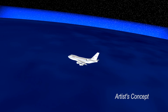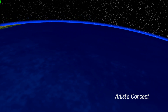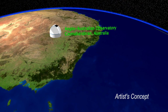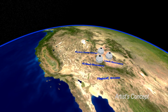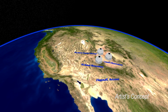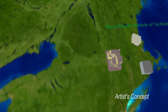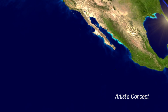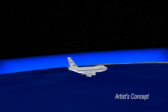On the night of the observation, while SOFIA is in flight, there will be a team of observatories that will help SOFIA. The Anglo-Australian Telescope, Lowell Observatory, the Naval Observatory at Flagstaff, the Discovery Channel Telescope will be making last-minute observations of Pluto. They will provide observation data to MIT, and MIT will update the predictive model of where the shadow of the Pluto occultation is going to be on the Earth. We will receive that update, we will modify our flight plan, and position SOFIA where it needs to be to